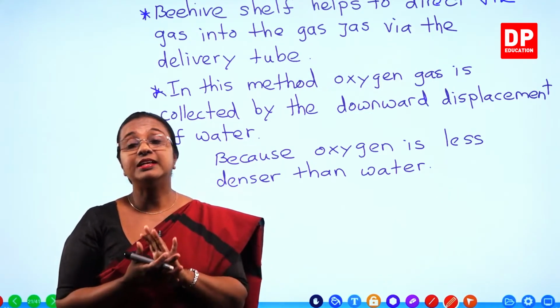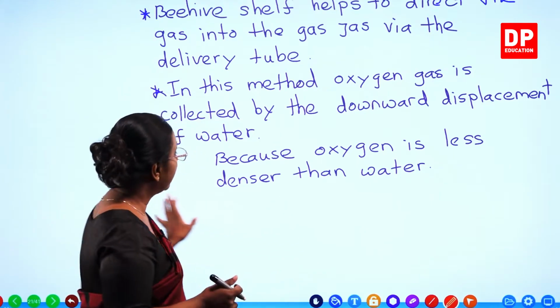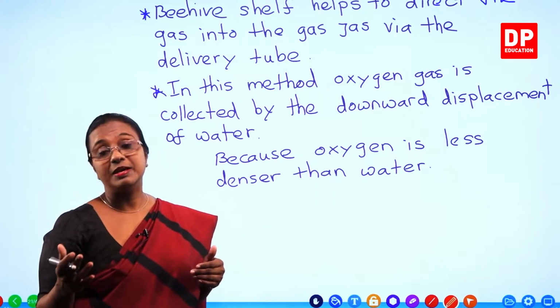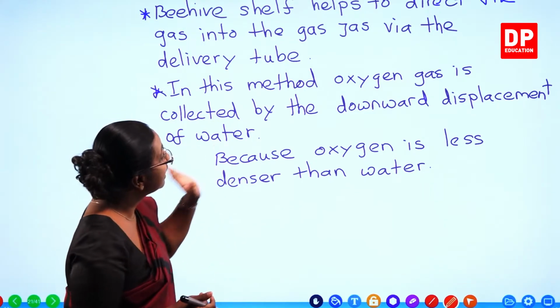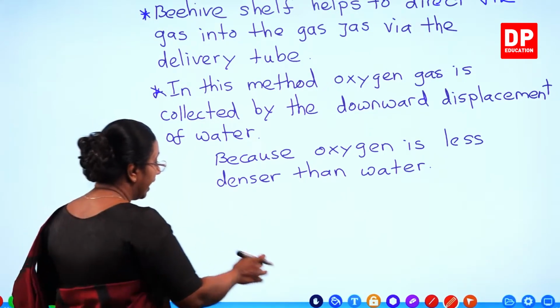We need to collect a certain amount of oxygen gas. That is our aim. So there, the slight solubility of oxygen in water does not become a problem. So we collect it using the downward displacement of water. And also,